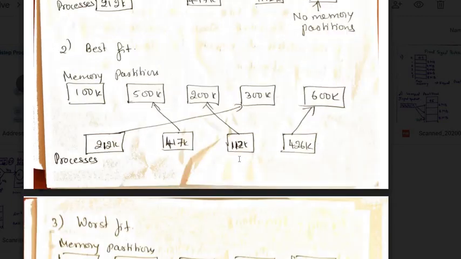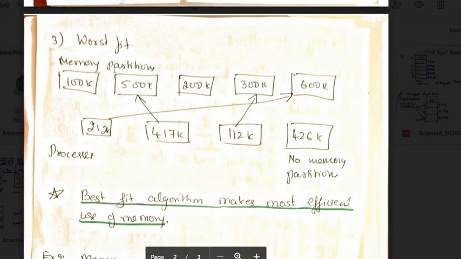Okay. Now next one you can see worst fit. What is the worst fit? Allocate the largest hole. Remember, according to the question we have to allocate the processes in order itself in all the three strategies. So when I say 212, see which is the largest. 600 is the largest, I can allocate it. But after allocating 212, the wastage is more because it is just using 212 and almost 400 memory is wasted here.